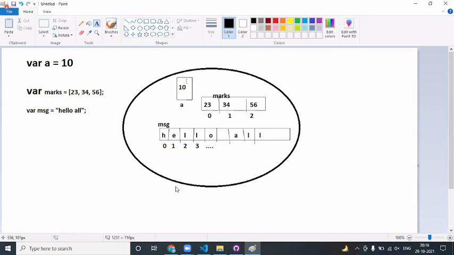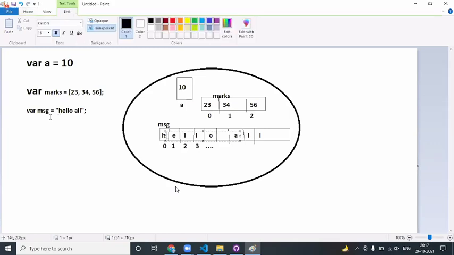Even though you are declaring a variable as a string, we are not giving any square braces to represent it as an array. But once you declare it as a string, whether it is a single character or multiple characters, all the data within the string will be stored in memory like an array. That is the reason if you want to access those individual values, you can say msg of 0, msg of 1, msg of 2, something like this.